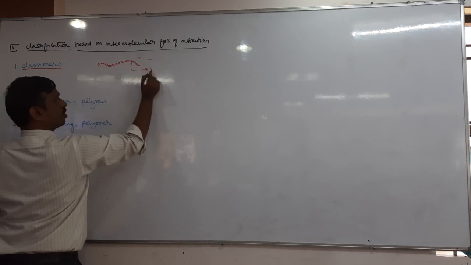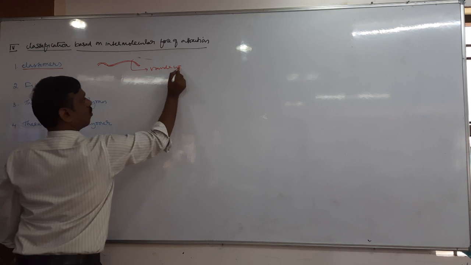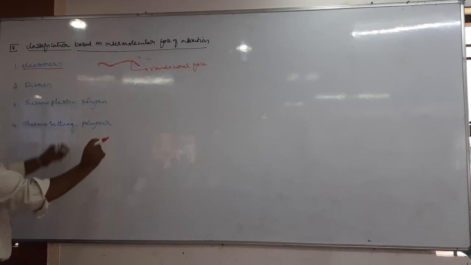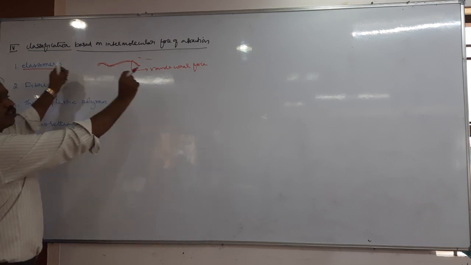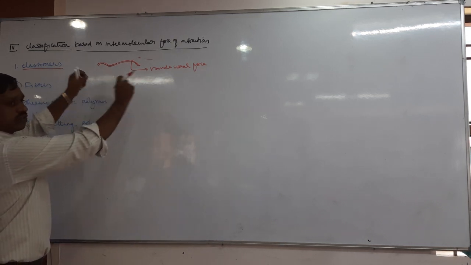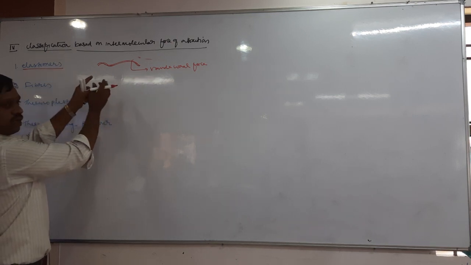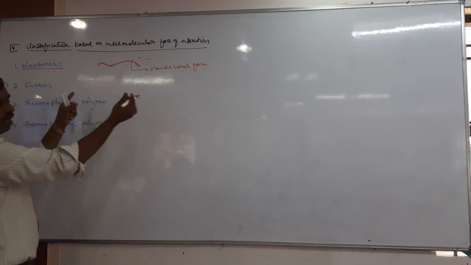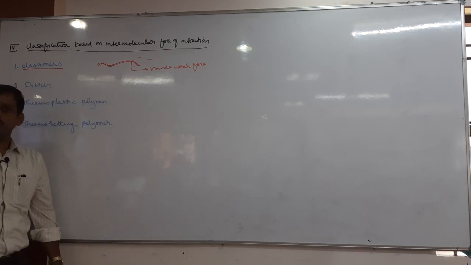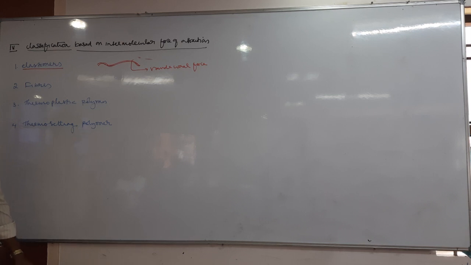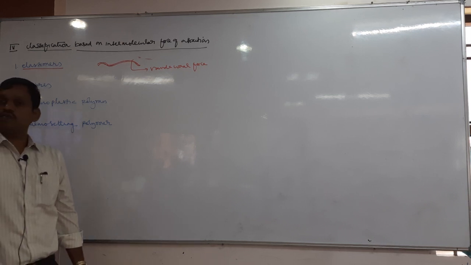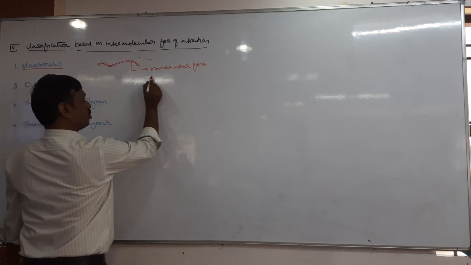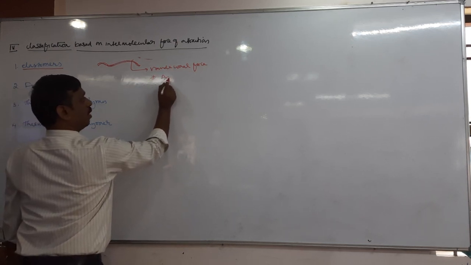So these are having van der Waals force of attraction. So due to weak van der Waals force of attraction, these polymer chains can be stretchable. When force is applied, they can be stretched, that means they can be elongated, and they can come to original position when force is removed. So they are stretchable because of weak van der Waals force of attraction. And moreover, these polymers are also of amorphous nature.